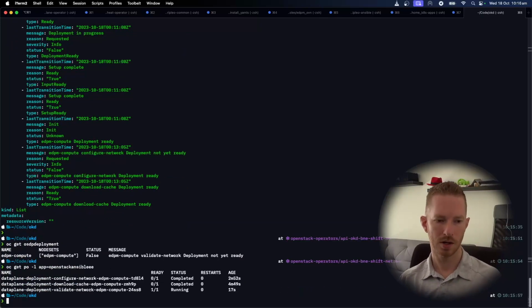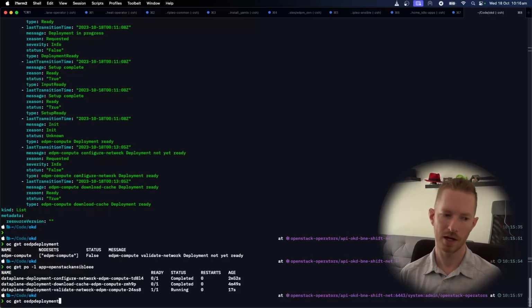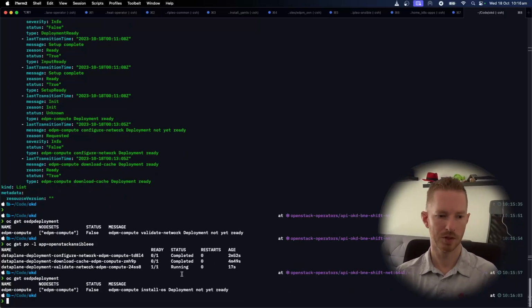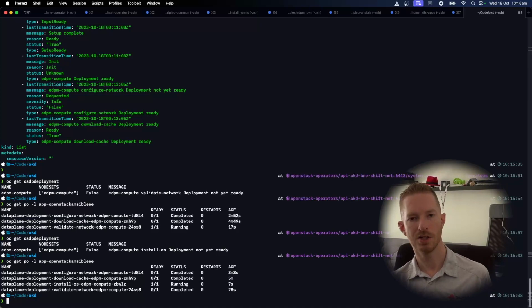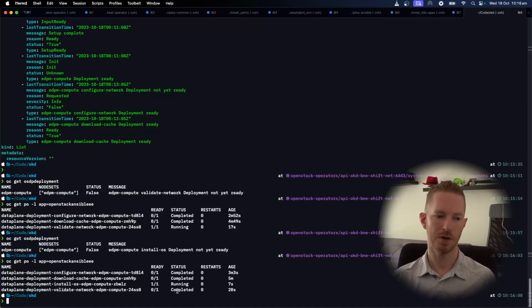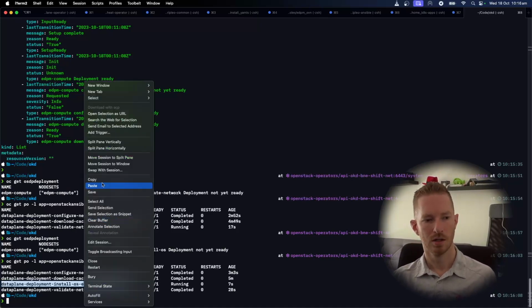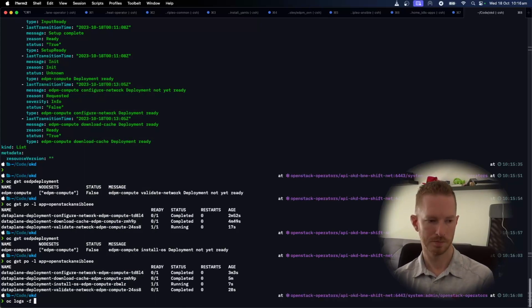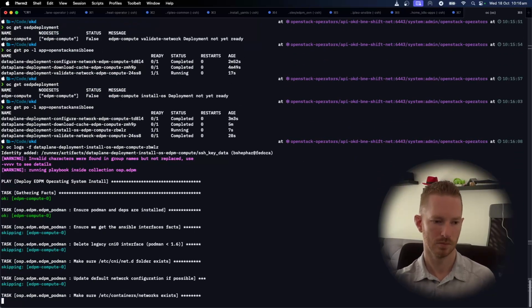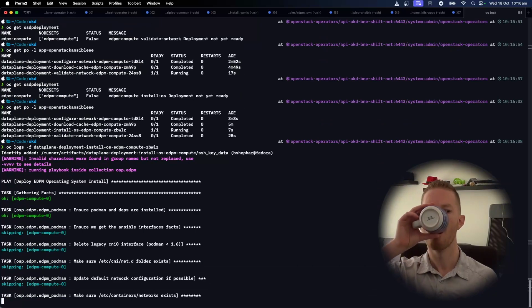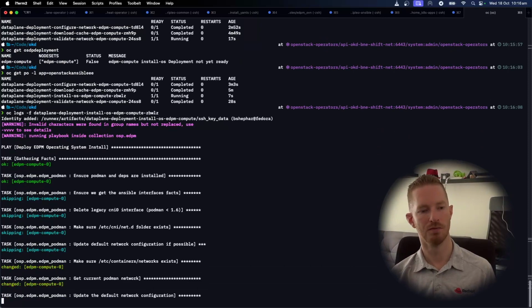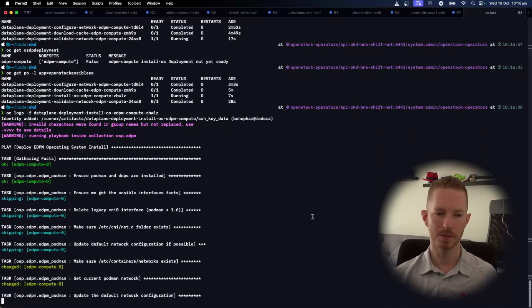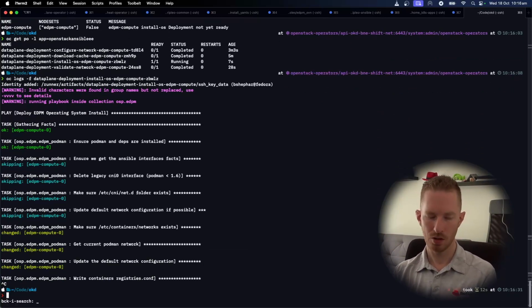So configure network is now finished, and we've got validate network running. So we have a look here. Oh, now it's on to install OS. So you can see this moves through pretty quickly now because it's already pre-cached everything. It's just a matter of now going and configuring the various things on the node. So if we follow along with this one. This one's configuring the operating system so that it's ready to run the containers we need to run to deploy OpenStack. And if we log into the node,